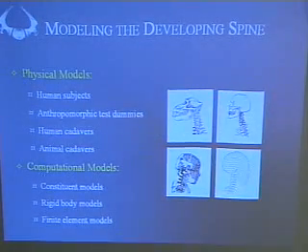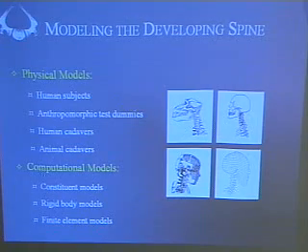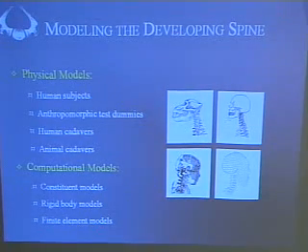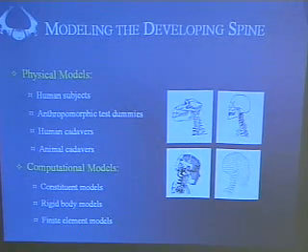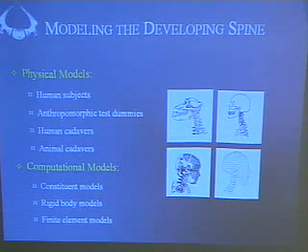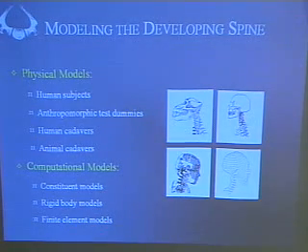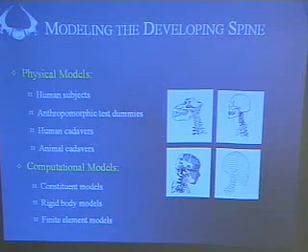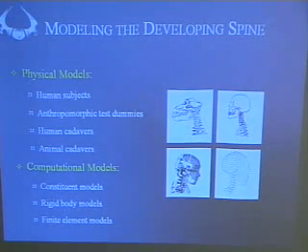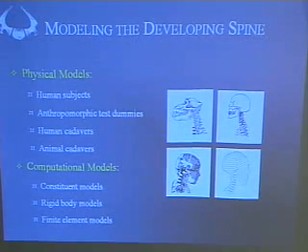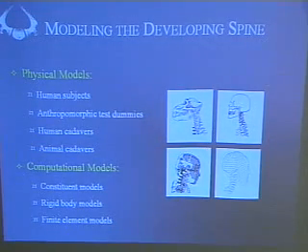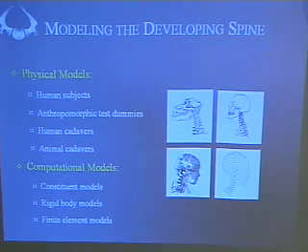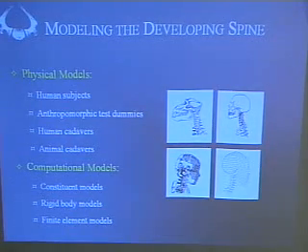So, reverting all the way back to early engineering: when we want to try and understand a system, we model it. We use some sort of physical or computational model to understand how that system behaves. For all of our experimental work, we used baboons, likely the cadaver version of the ones that Lisa spoke about. We did cadaveric tests on the baboon cervical spine, and we performed a number of experimental studies to understand how, as those tissues develop, the mechanical characteristics change.